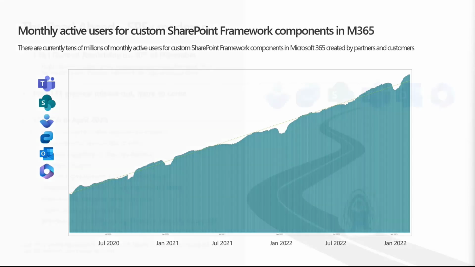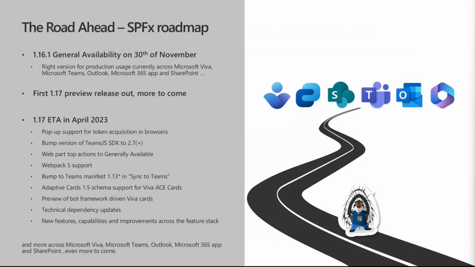Quick update on the latest on the roadmap. 1.17 was released 2 weeks ago on the day we had the last community call, and that was kind of an initial release of 1.17, not that much detail yet on it, but we're looking into having an ETA of 1.17 in early April, so it has been postponed, and the focus areas will be on the Teams version update,